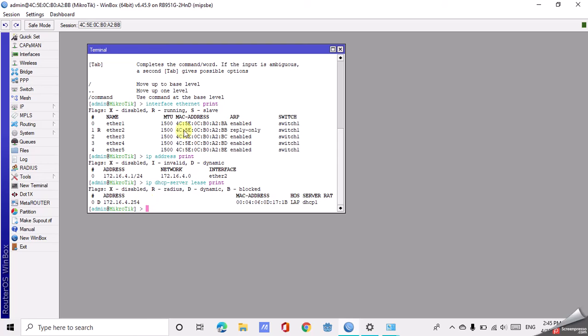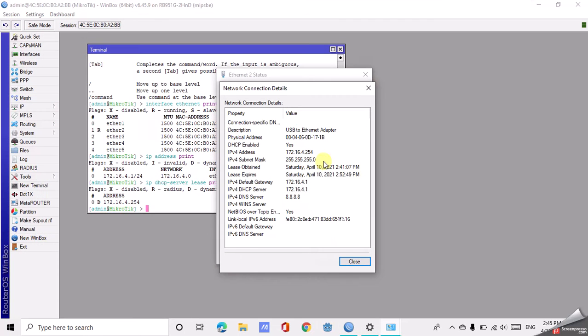Sometimes when you click interface Ethernet print and previously it is disconnected, you click reconnect again. You can see this client has the IP address, and the router board shows this IP. The client is using this IP. Now you can see this IP, 172.16.4.254. We try